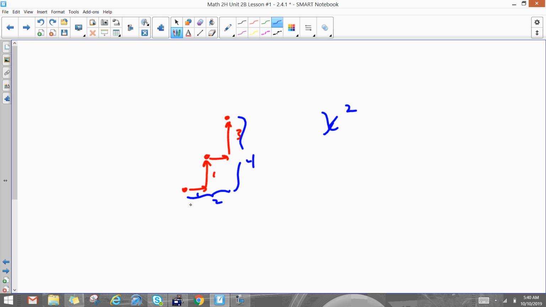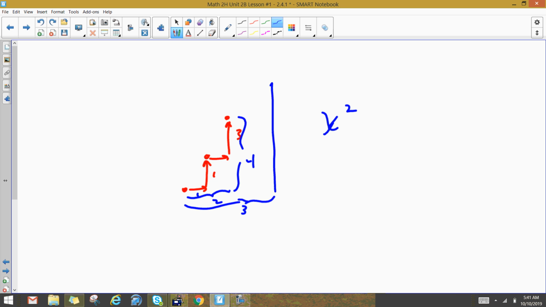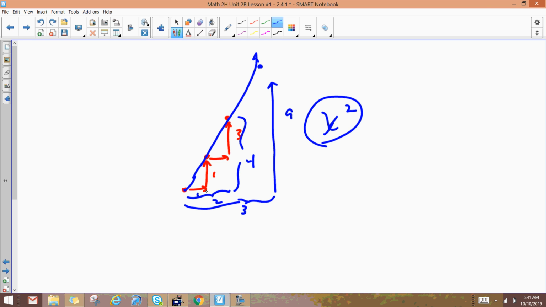How do we get to the next point? 3, I square 3, I'm going to go up 9. And that's where our points come from to get our curve. We just go back to this parent function. If I put in a 1, I get 1. If I go 2, I get 4. If I put in a 3, I get 9. If I put in a 4, I get 16. But it all is how much we move from this vertex. It's the same idea here with our square root function,